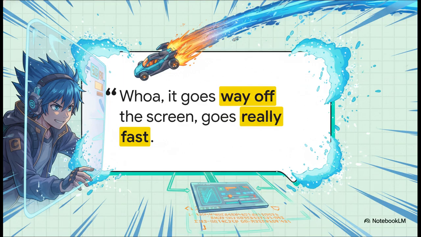Whoa, it goes way off the screen, it goes really fast. This is the power of instant feedback. This is what game design is supposed to feel like. It's not about guessing numbers in a code editor. It's about feeling the result of your changes instantly and dialing in that perfect value that makes your game fun